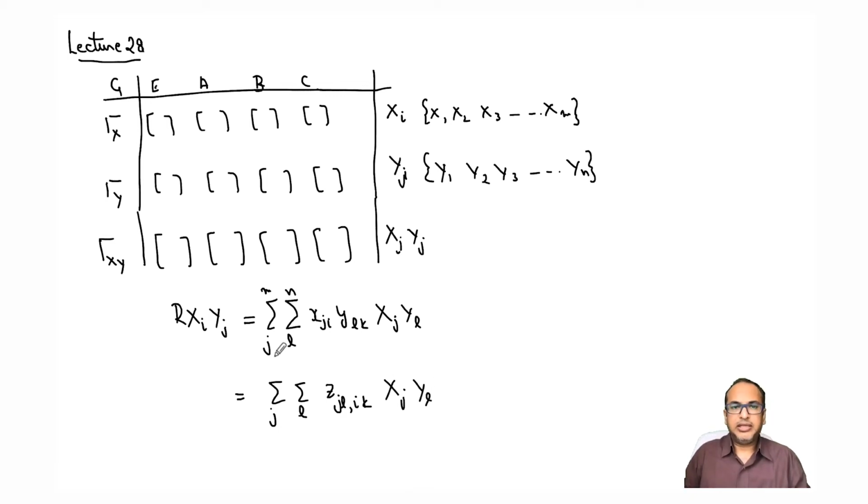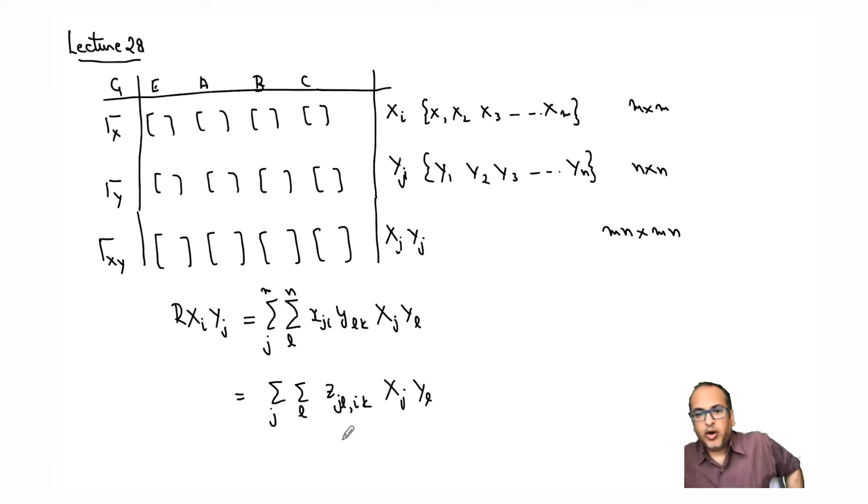So basically this means that if this is my m cross m matrix, and this is my n cross n matrix, what I get here is an mn cross mn matrix. So Z basically represents the matrix element of mn cross mn. That is, if I have a 3 cross 3 matrix here and a 2 cross 2 matrix here, the direct product matrix will be a 6 cross 6 matrix, right? So writing this and then dealing with such matrices is not straightforward and it's rather cumbersome. So what we do is we will see what is the trace of these systems.